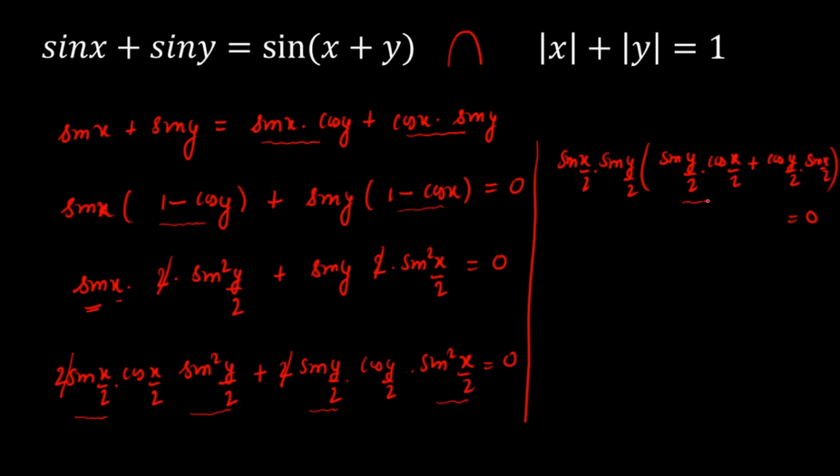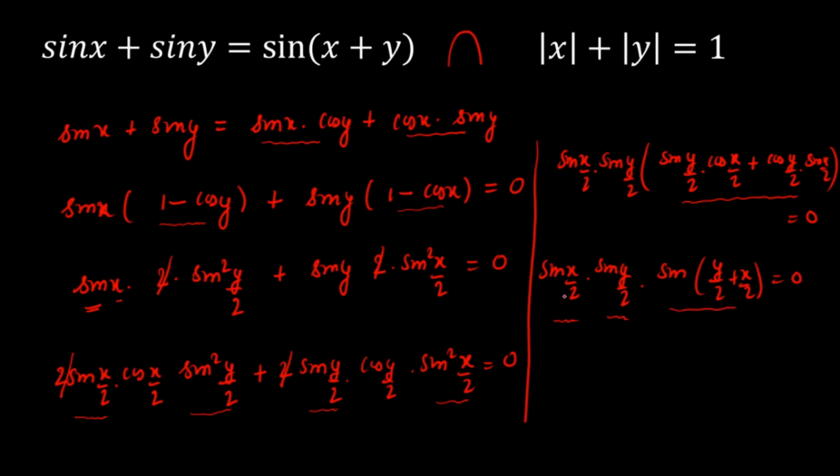Now if you look at this term, this is sin a cos b plus cos a sin b. So we got a perfect formula here and these two terms as it is. So sine of x by 2 as it is, sine of y by 2 as it is. Now the next term is sine of, as you can see, y by 2 plus x by 2 is equal to 0. So from here I'll be solving this in the next slide.